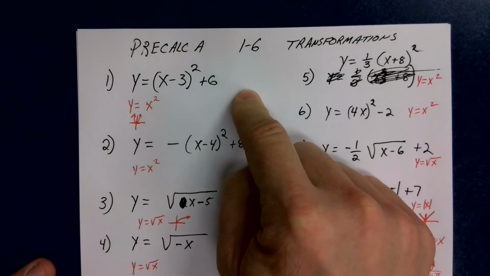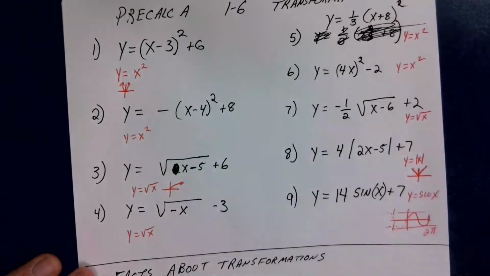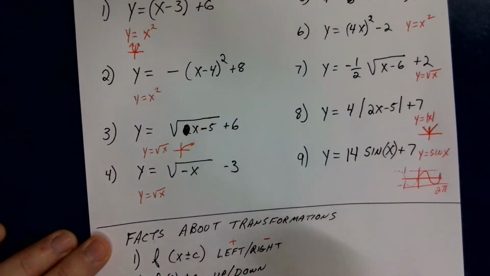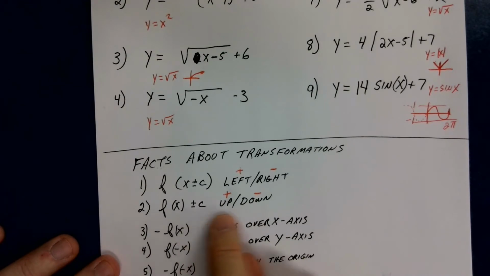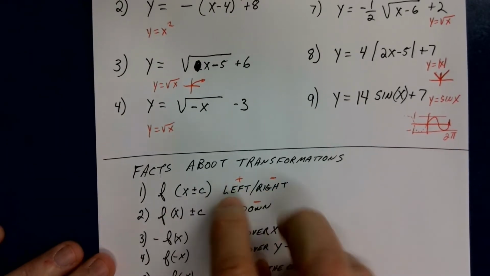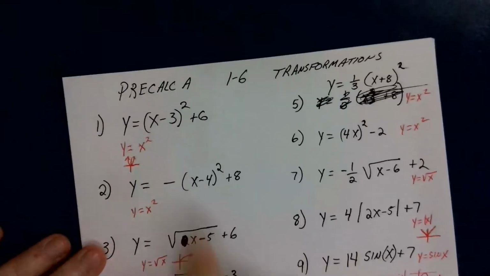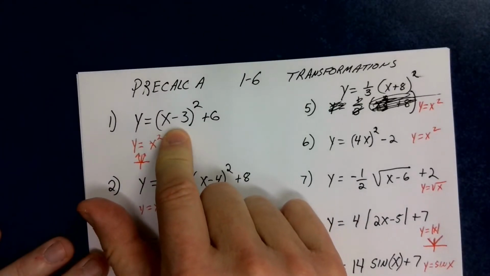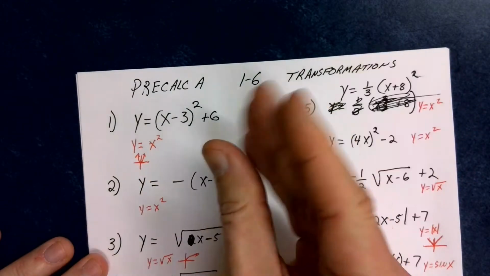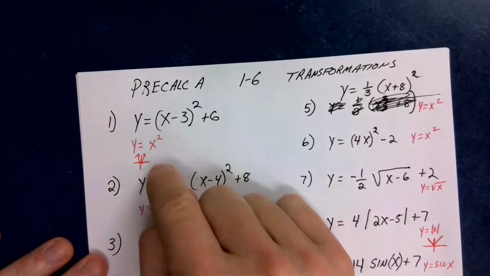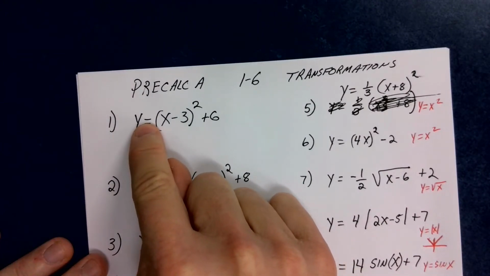This is a plus 6. It's going to move it up or down. So sorry, I should put this on here. Plus moves it up, a minus moves it down. So the stuff on the outside does exactly what you would think. Stuff on the inside is going to do the opposite. So this would be a parabola that is moved 3 units to the right and 6 units up. It doesn't get wider or skinnier, no vertical or horizontal stretches, because there's nothing multiplying out in front or directly to